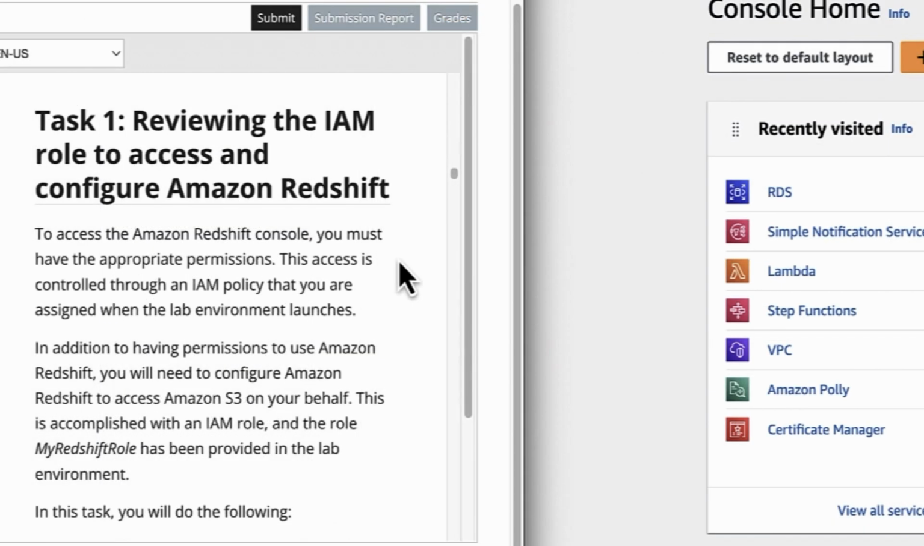Reviewing the IAM role to access and configure Amazon Redshift. To access the Amazon Redshift console, you must have the appropriate permissions. This access is controlled through an IAM policy that you are assigned when the lab environment launches. In addition to having permissions to use Amazon Redshift, you will need to configure Amazon Redshift to access Amazon S3